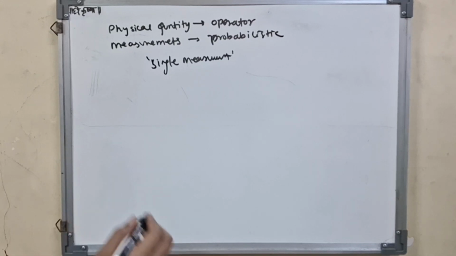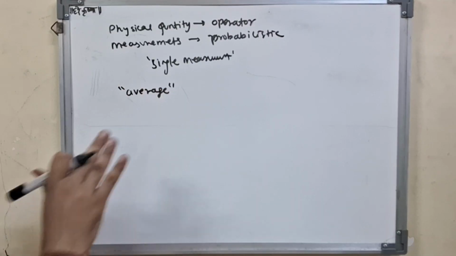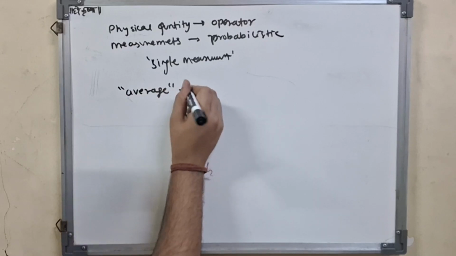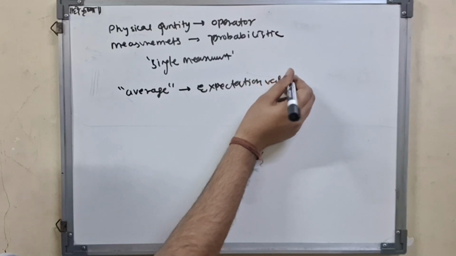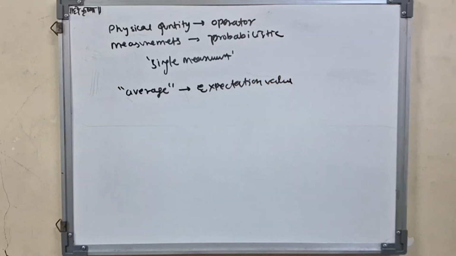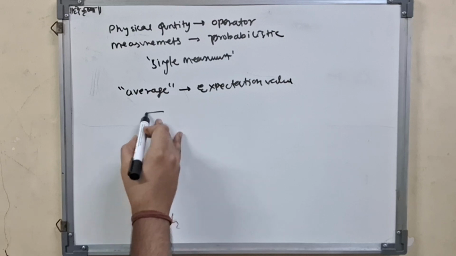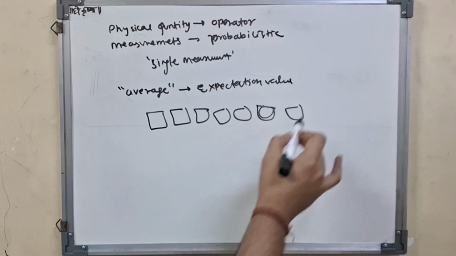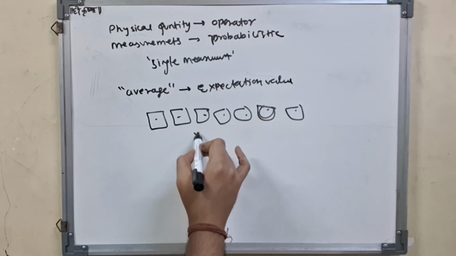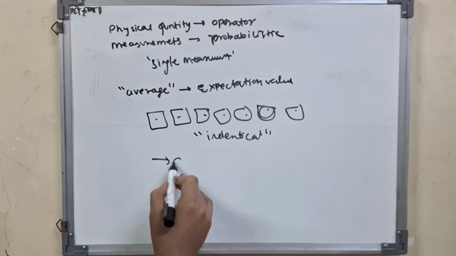So we take an average of such values, and this average value we call the expectation value. So what does it mean when we say average value? It gives average results for a good amount of repetition of identical experiments. So let's say there is one experiment happening, then many experiments like this take place, and they're all identical in nature. That being identical, we can get an average value